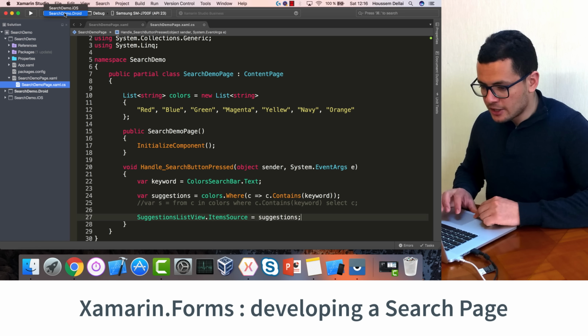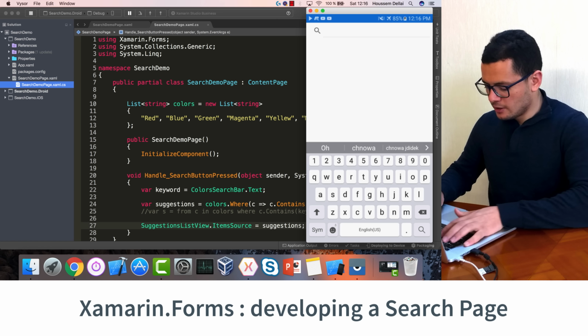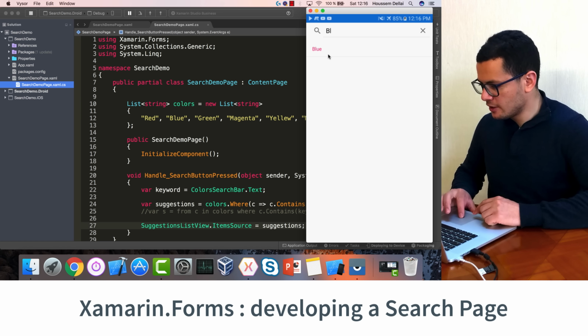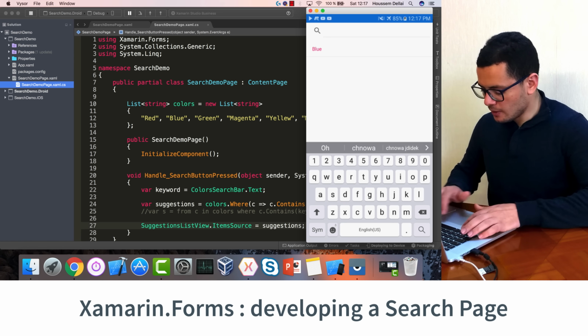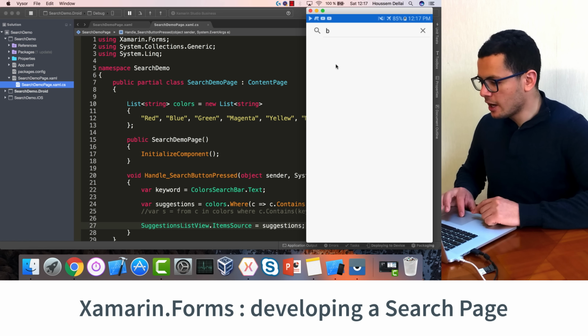Let's run this application. Here you can choose to run it on Android or iOS. I'll go and run it for Android. Here if I type, let's say BL for example, and then hit the search button, you see I get the colors with the BL. But let's type B for example, hit the search button. Here I don't get any color with B,